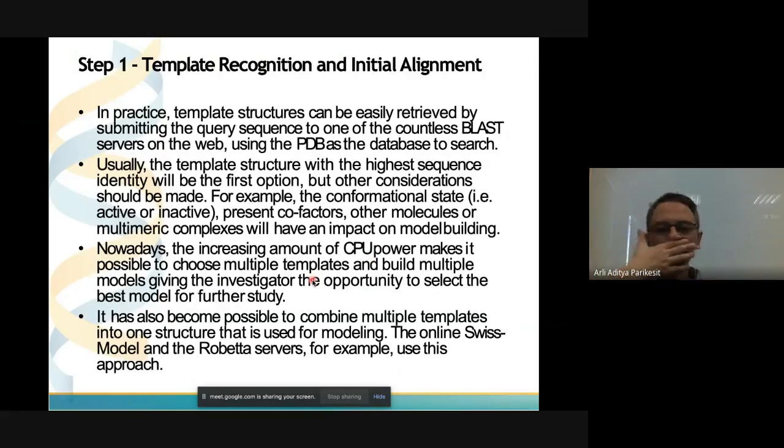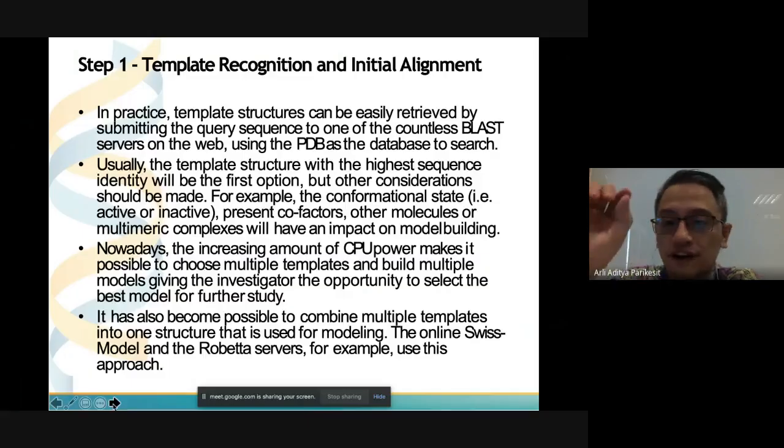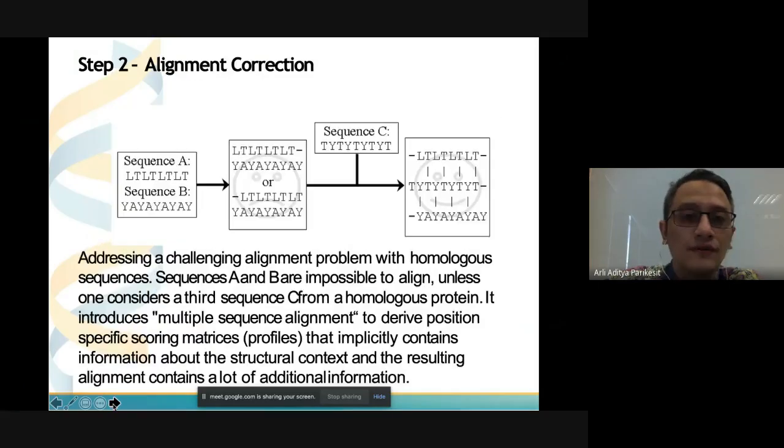But you don't have to think too much about that, because with homology modeling it all happens behind closed doors, and you just input your sequence and fine tune some parameters, and then you get the model. It's very easy, very straightforward.